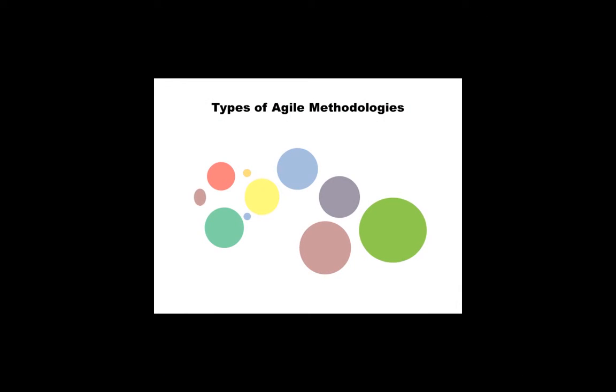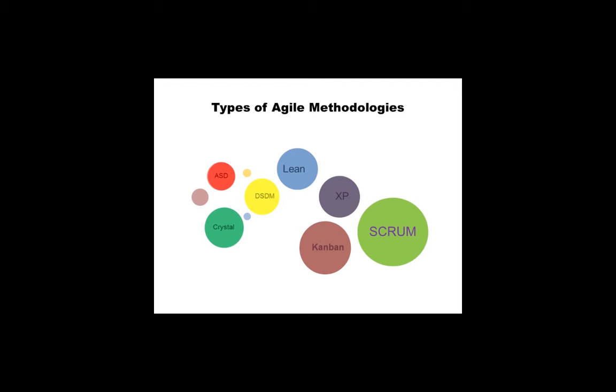Together, we will briefly review the types of Agile methodologies in the information technology industry. This will include Crystal, DSDM, Dynamic Systems Development Method, ASD, Adaptive Software Development, Lean, XP, Extreme Programming, Kanban, and Scrum. The brief review will also come in handy for any certifications that you might want to pursue in business analysis